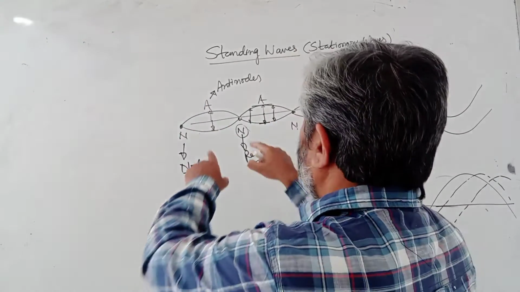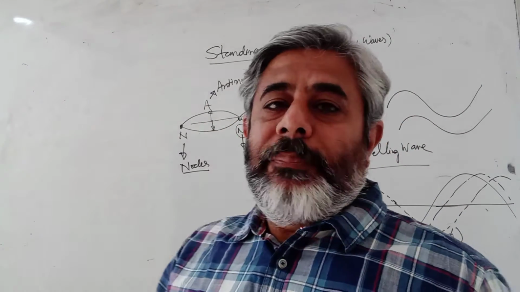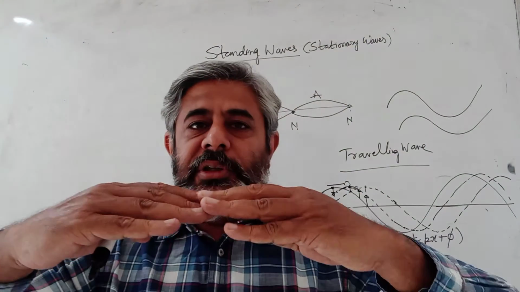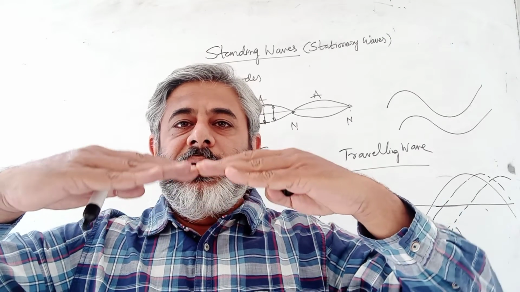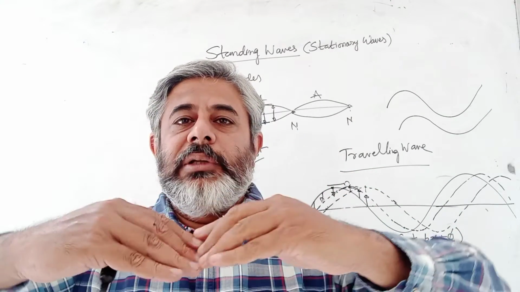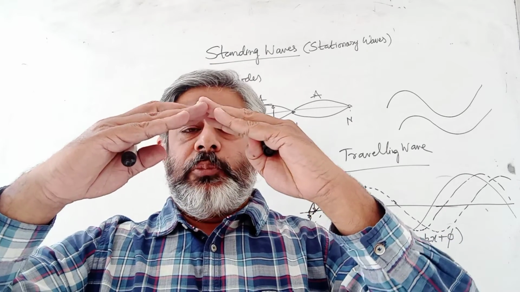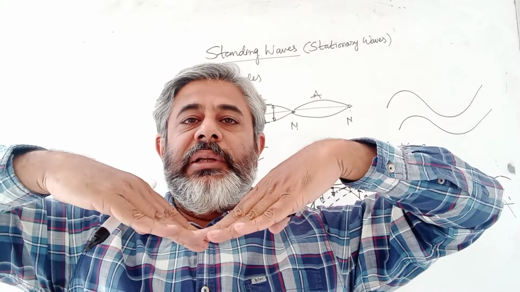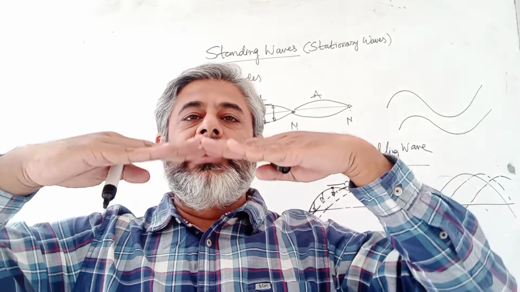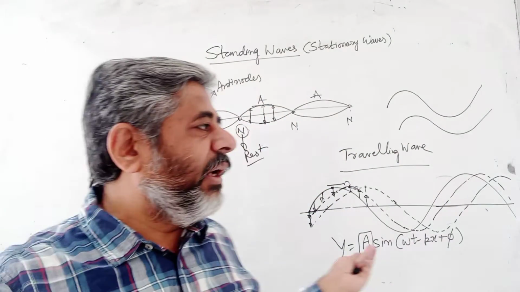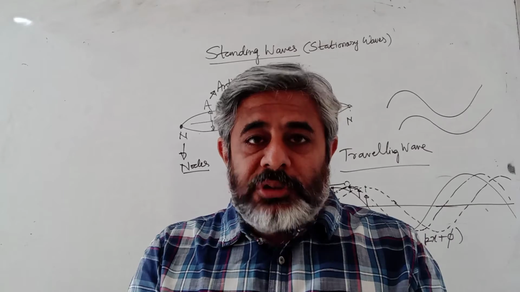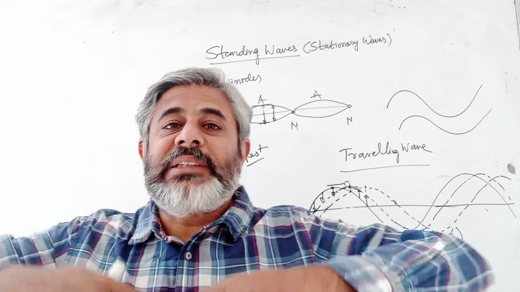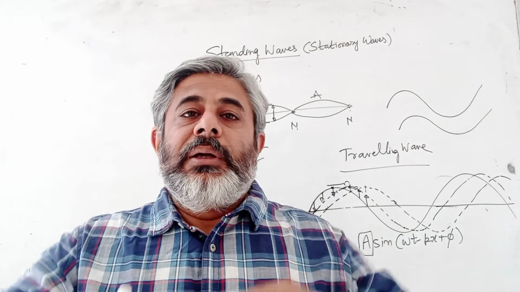But here, each particle is not going to the same height, as I said earlier also. So what happens is, if I show by my gestures, for example, if this is the shape of the string, the result is something like this. All the particles go up to their extreme position simultaneously, fall back to their mean position simultaneously, go to the negative extreme simultaneously, come back to the mean position, and this is what is happening. This is never happening in a traveling wave, because there the concept of copying is there. This goes up, comes down, goes up, comes down. Here there is simultaneous movement of the particles